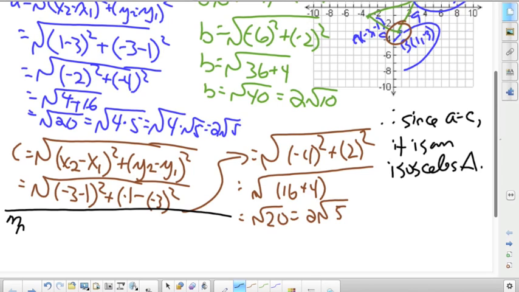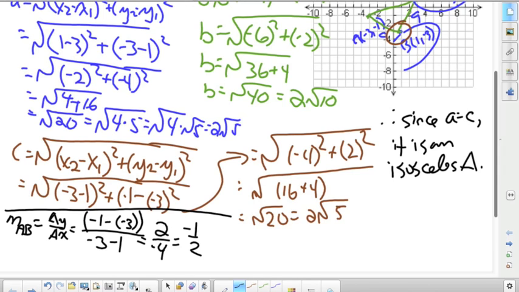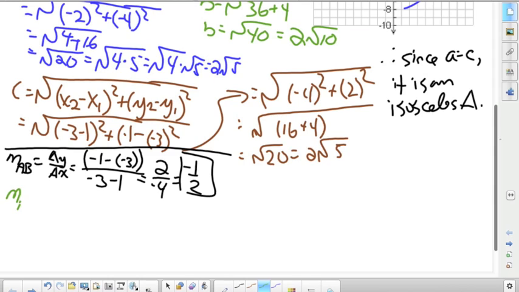So the slope, remember our notation, slope of AB is delta y over delta x. So in this case, I have -1 minus a -3 over -3 minus 1. That gives me 2 over -4. That gives me -0.5. And look at that line, it's going downwards. Seems like I got my sign right. It's -0.5. So the slope of BC is equal to delta y over delta x,